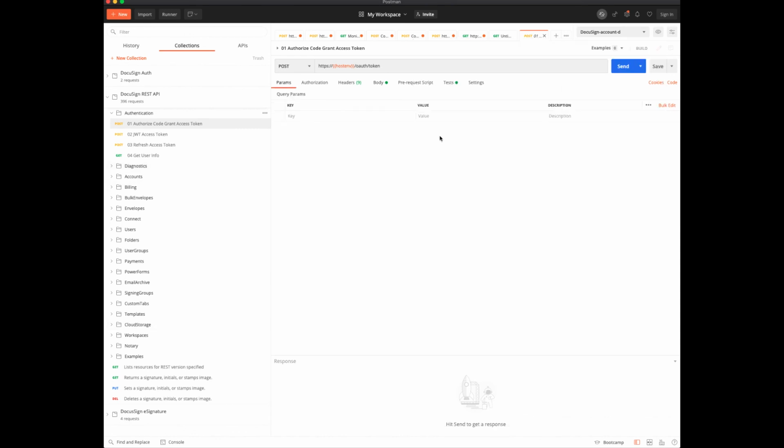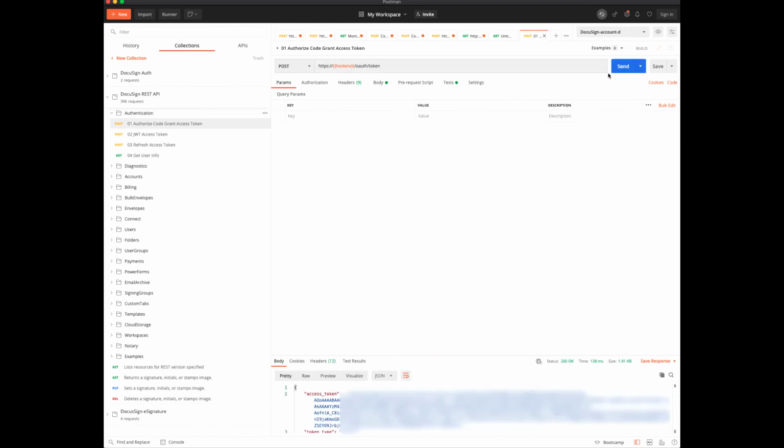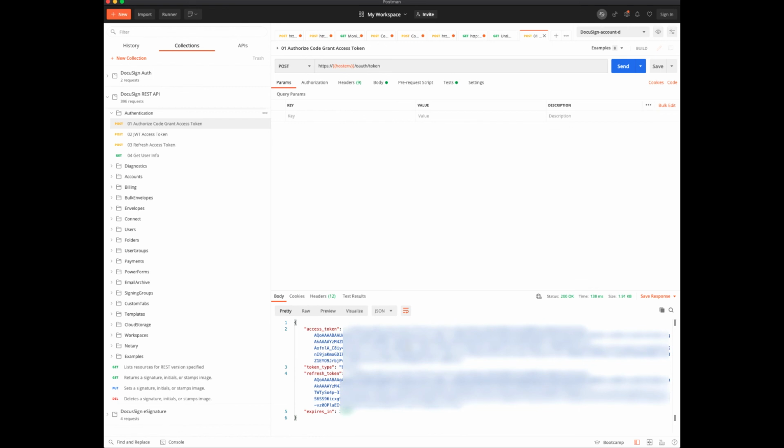Now, send a request, and you'll see an access token as well as a refresh token below.